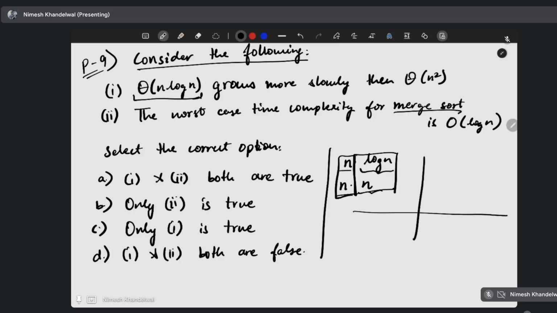So log n from n equal to 1 grows like this, right? And n from n equal to 1, right,